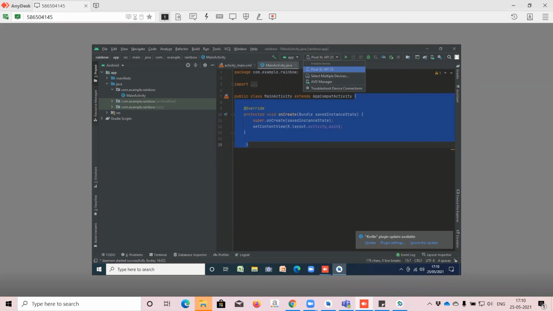USB debugging is also on. So switch off that USB debugging and switch it on again. Okay. I use it only to install.